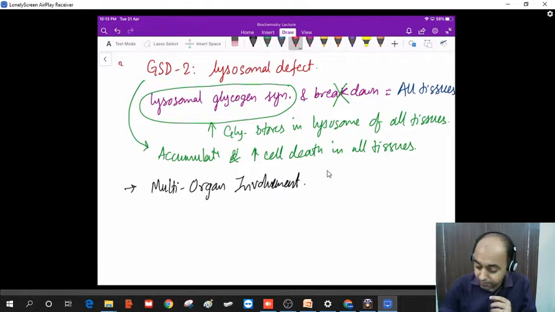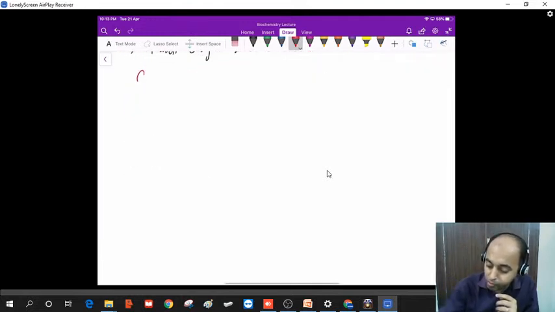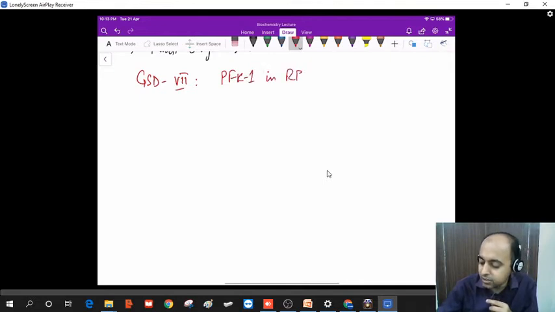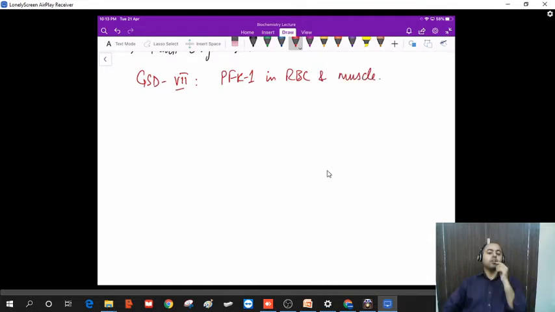In type 7, there is a defect in PFK1 in RBC and the muscle. Now, PFK1 is the enzyme of glycolysis. When there is the breakdown of the glycogen, let's say, during exercise, it has to go through glycolysis only. If glycolysis is not able to utilize the glucose, the glucose 6 phosphate will start accumulating. And remember, the glucose 6 phosphate is an inhibitor of